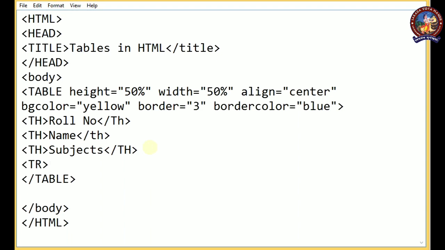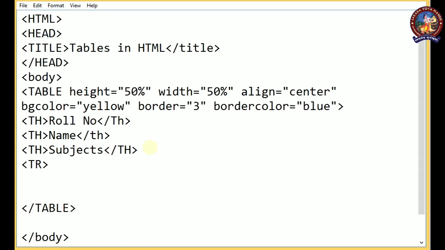Suppose inside the table row, in the first row, giving the td tag, we have to give the values. The first value is roll number 1, close td.